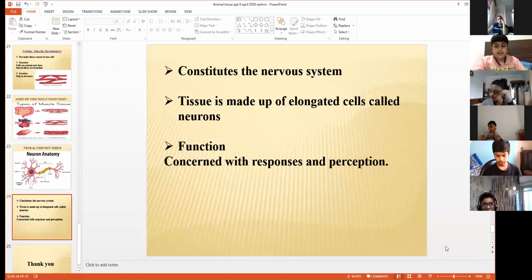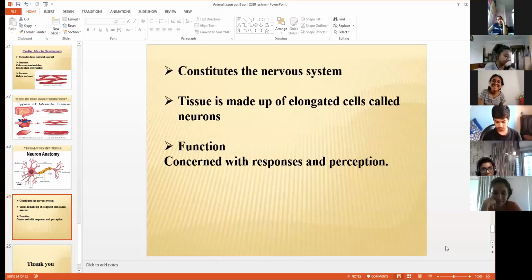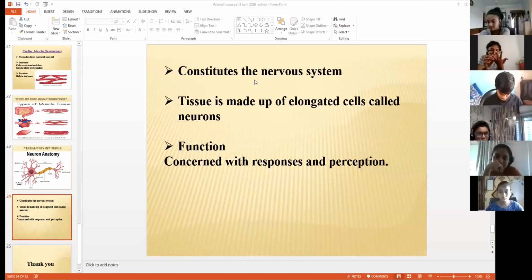Yeah, ma'am, I had a doubt. Yes. Ma'am, what do you mean by striated? Children, Arya, the problem here is I need to annotate anything. I can't see this. Ma'am, you can mute everyone and just unmute the person who has a doubt. It's going to take a lot of time, students. Children, please be disciplined.